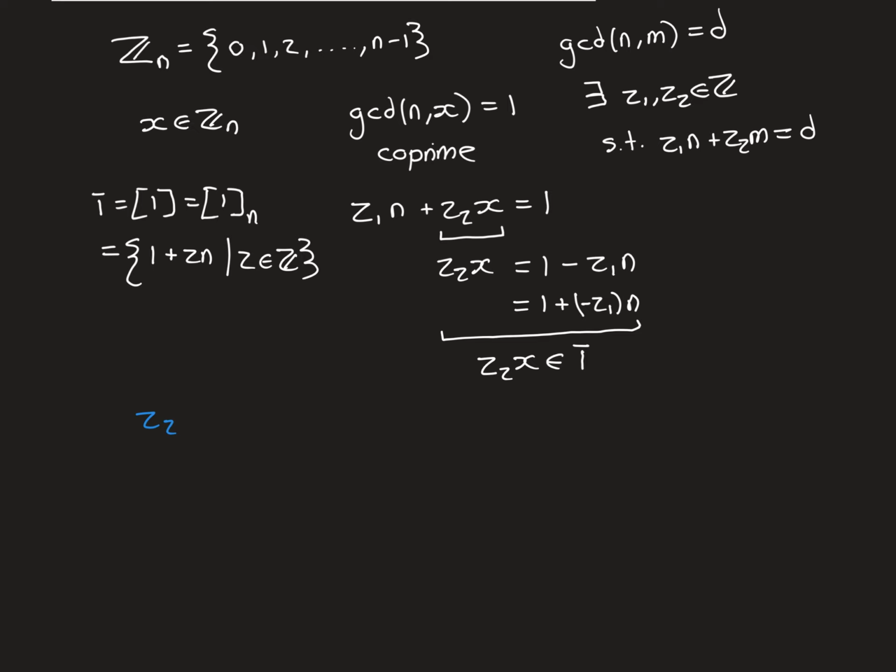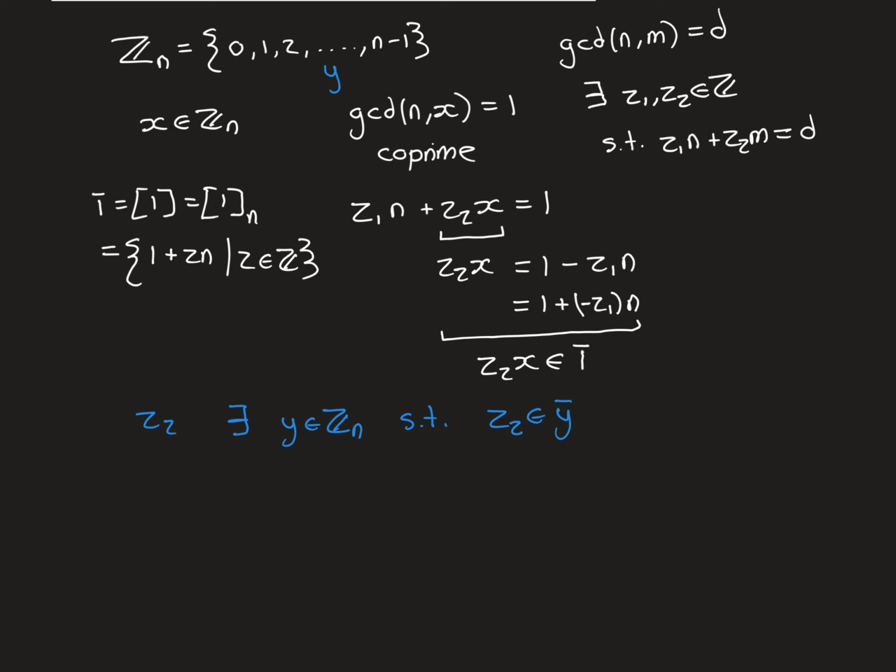However, what we do know is that there must exist some element in here such that z2 is in its congruence class. Let's call that element y. So there must exist a y that is an element of Zn such that z2 is an element of the congruence class of y,